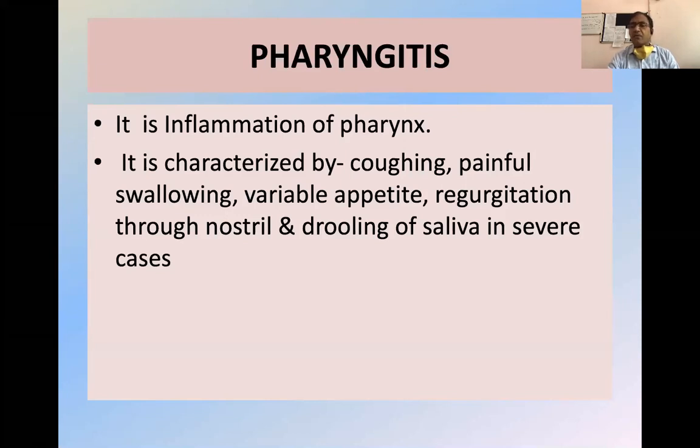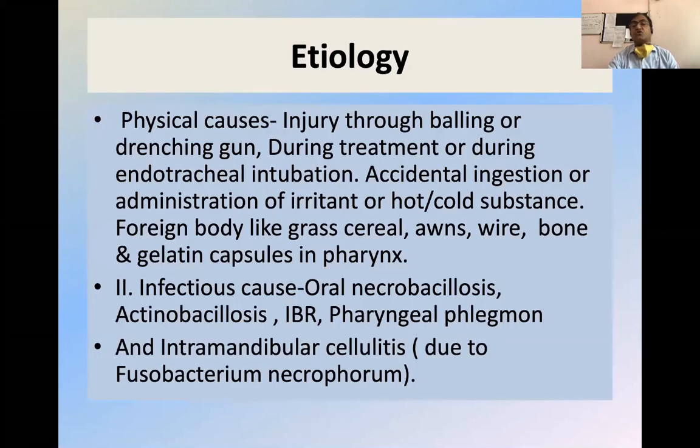Variable appetite is common, it may be in any disease, but regurgitation through nostrils and drooling of saliva, meaning excessive salivation in severe cases, is one of the indications of pharyngitis. As we have talked about in stomatitis, again here, there are two very important